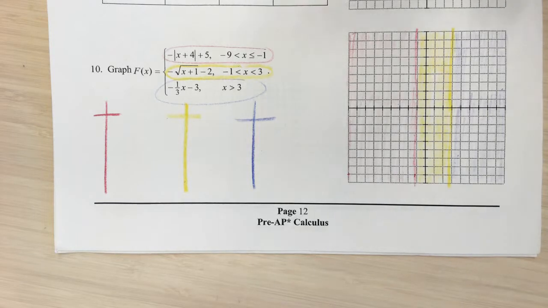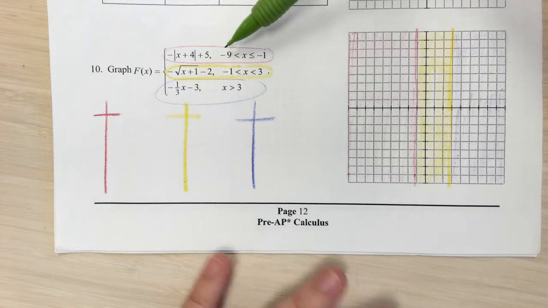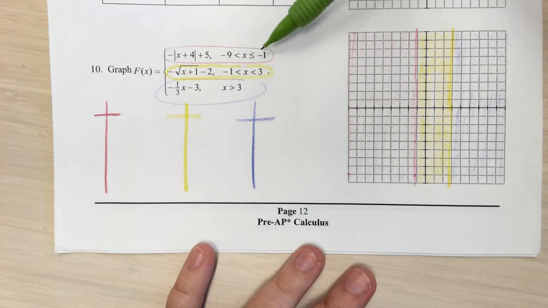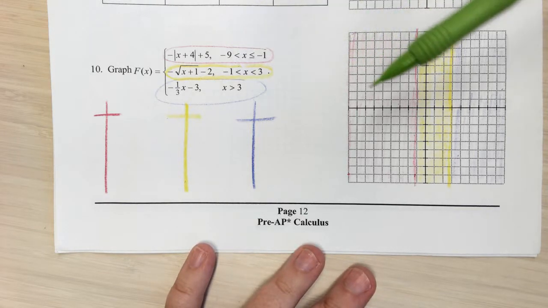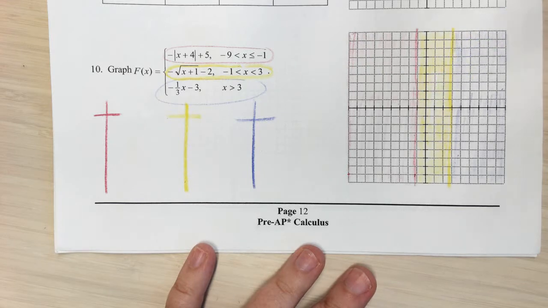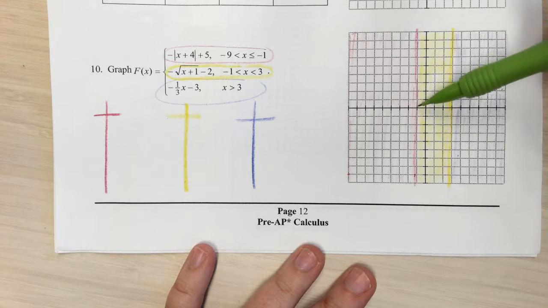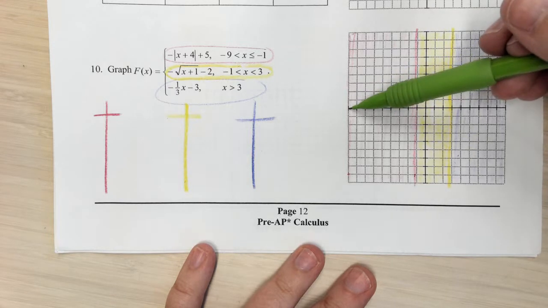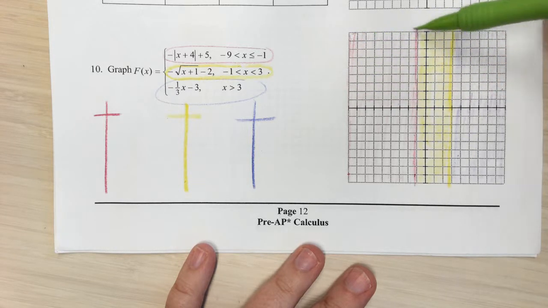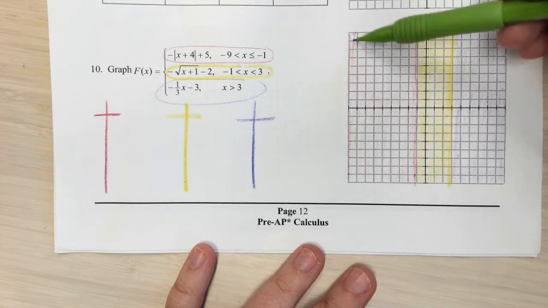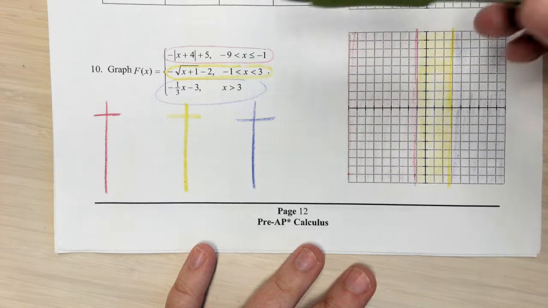Something very important here is our domain. Like this red function, this absolute value function, which I have circled in red, only exists within this piece from -9 to -1. So that's my domain. Over here on my graph, you see I have colored. Here's my origin right here. I have colored in from -1 to -9 on my graph. I've colored all that in red,